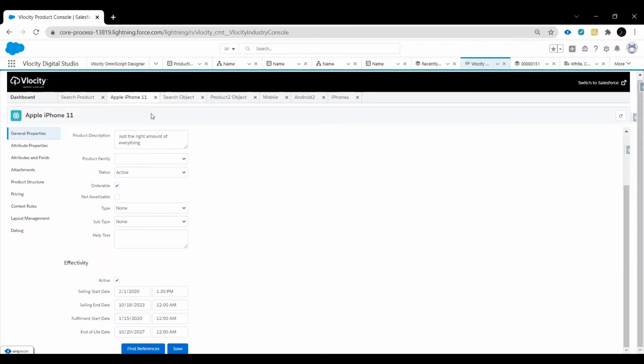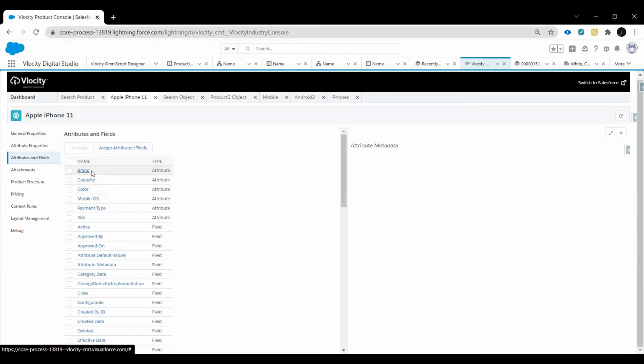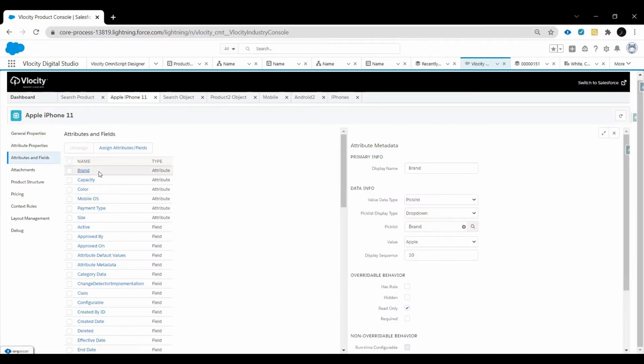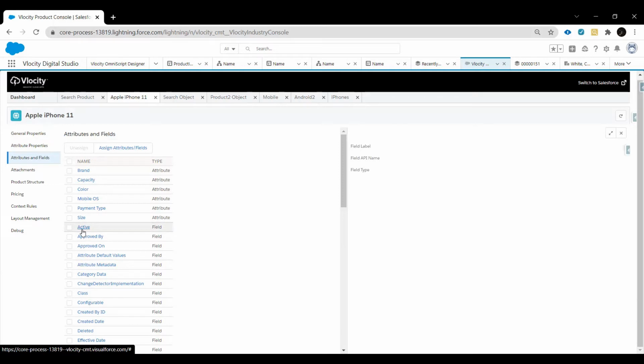For that we need to go to any attribute. For example, let's consider this brand attribute to be the address information of the user. For that we need to select this encrypted checkbox. What this encrypted checkbox does is it basically encrypts this information. Similarly, if you have any field, you can go for Salesforce-related encryptions. You can use Shield encryption. Shield encryption is not free, it is paid. So if there is any information that requires encryption, it is better to just use these attributes. But even if you want to use fields, you can go with Shield encryption.